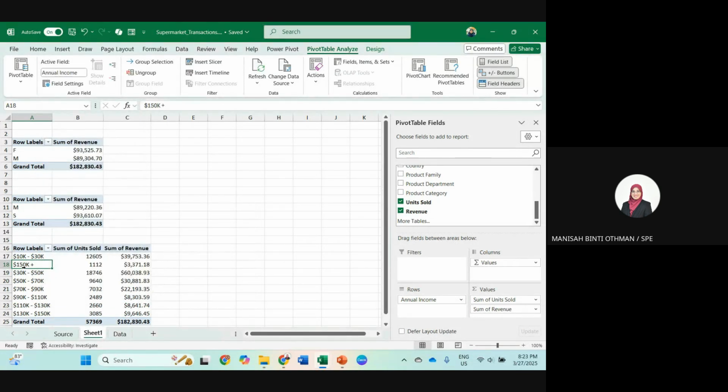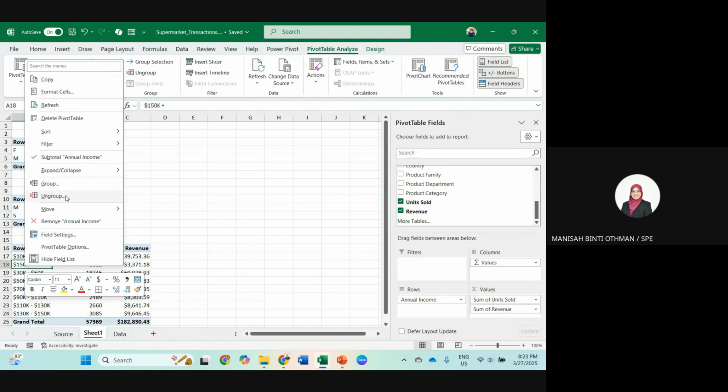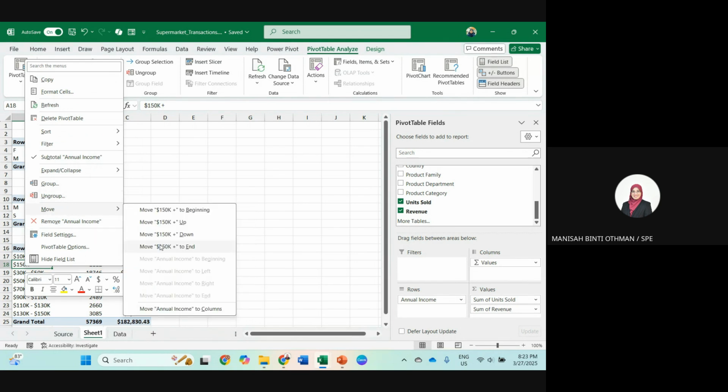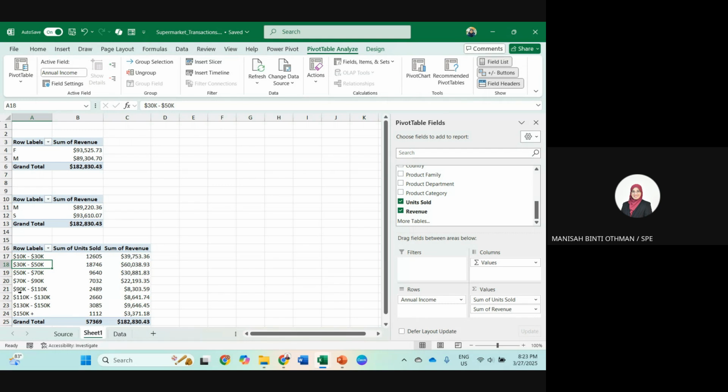Now it's moving. So when you want to display a table, make sure it's in the correct sequence. Excel cannot read this properly because Excel reads it as text, not numbers. That's why it cannot sequence based on 10, 30, 70.